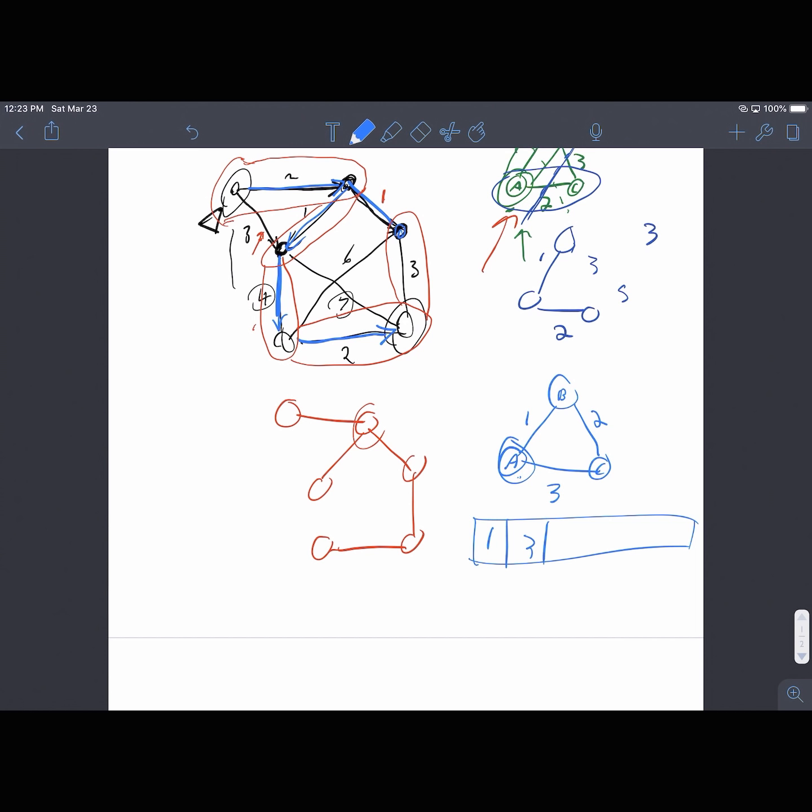So you could have an array where A, B, and C are the indexes, and say, okay, A is in the tree, B and C are not in the tree. So just like a Boolean array that marks whether or not a given node is in your minimum spanning tree. Or you could use a hash set or something, anything like that. So then you look and see, okay, edge 1 connects B, B is not in. Edge 3 connects C, C is not in, but 1 is less than 3, so we're going to add 1 into it,